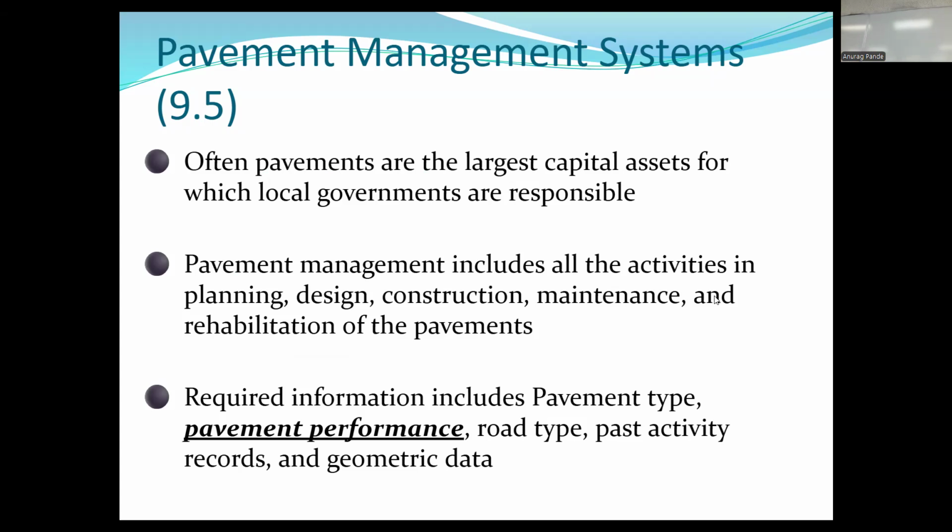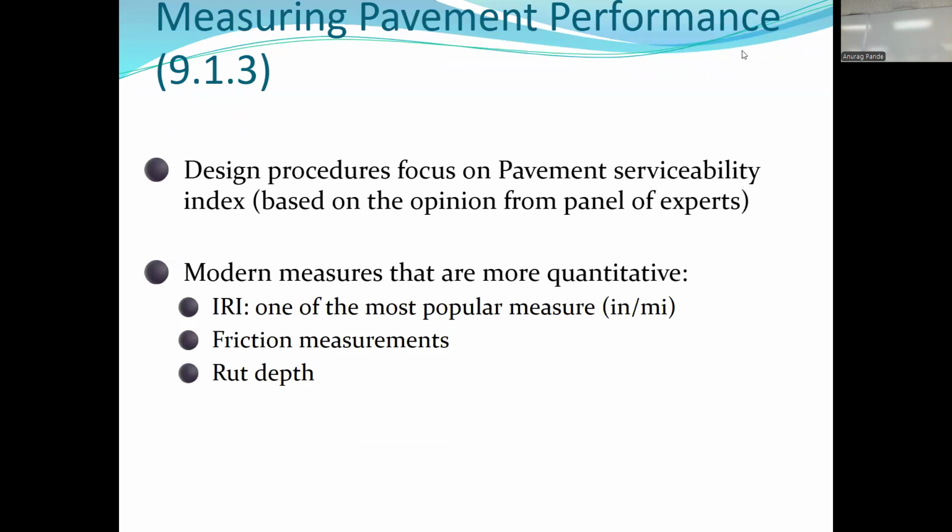Pavement management includes all activities: planning, design, construction, maintenance, and rehabilitation. The information you need to do that is pavement type, pavement performance, road type, and past activity records, like when the last rehabilitation was done on a certain pavement. We'll talk a little about pavement performance, how the pavement is performing for the drivers. That is the kind of data you need. How do we collect and define it? We define pavement performance